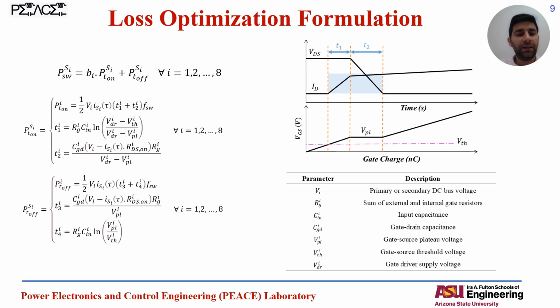And to calculate the switching loss, we use the typical equations for the switching loss, but for the switching on loss, it depends on whether ZVS is happening or not. According to the previous slide that I explained, the ZVS criteria for the primary and secondary bridges and their switches, if ZVS is happening, we can remove the switching on loss, and this is applied with these binary variables